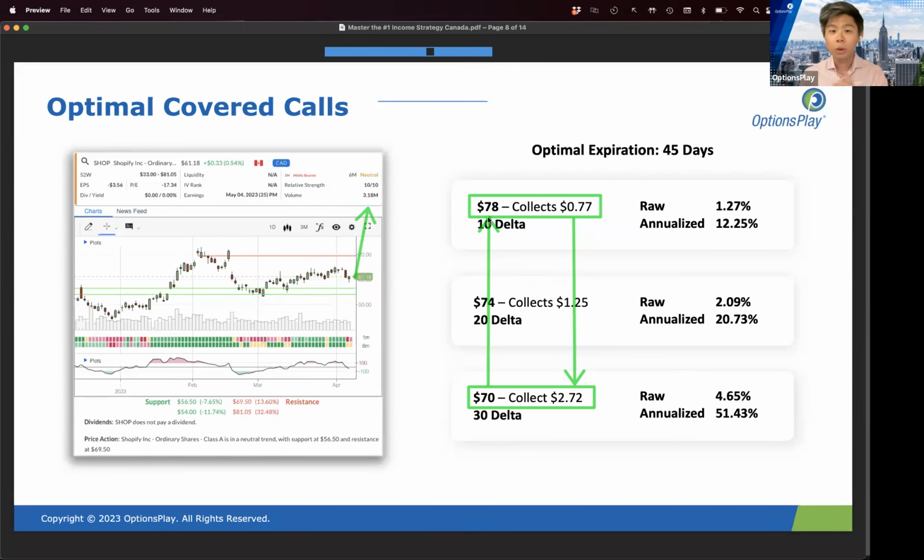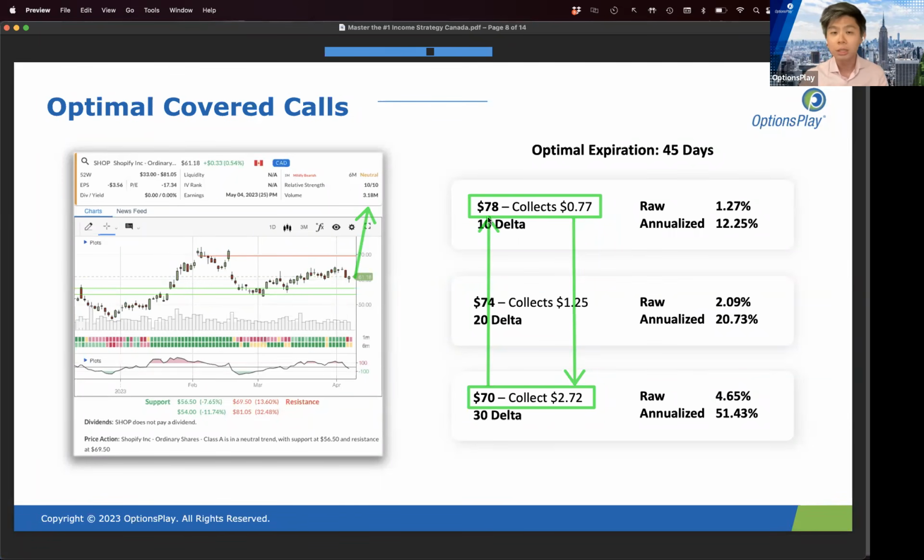Remember, why do you own that stock? Why do you own Shopify? Do you own Shopify because you're trying to generate income? No, you own Shopify because you believe that stock is going to rocket higher. Right? That's why you own every stock, is you believe that stock is moving higher. Now, I will say, some of you will say, I own dividend stocks that don't really care about capital appreciation. That's fine, but that's not, generally speaking, most investments that you make in terms of equity. Most equity investments, you're making for the capital appreciation.